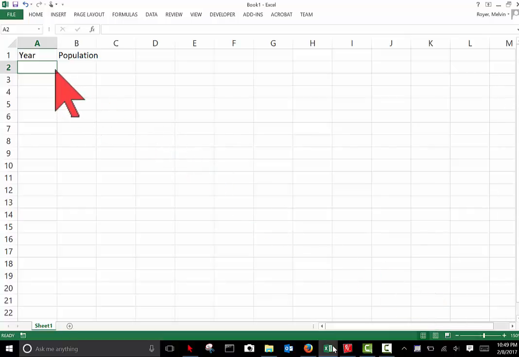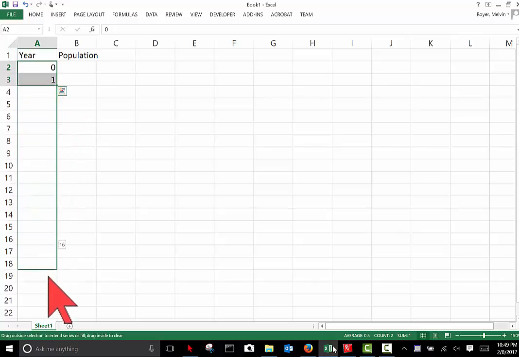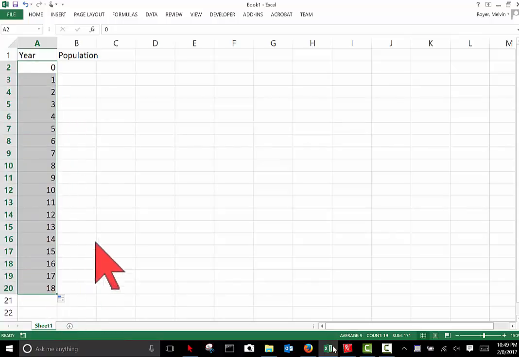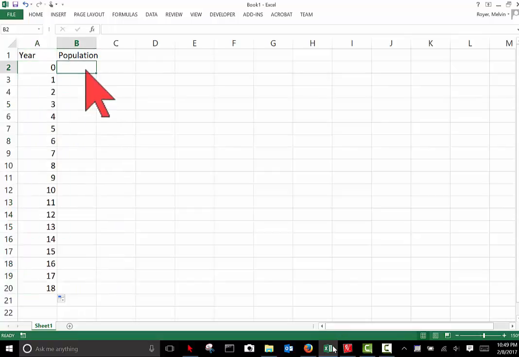So the years are just going to start at 0 and increase by 1 each time. So I can make Excel fill out a number of rows. And the population